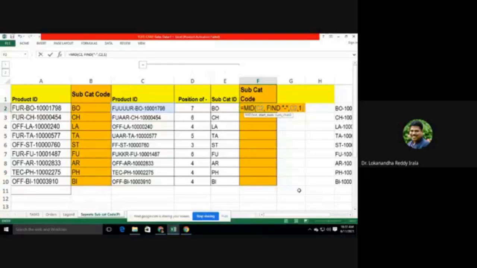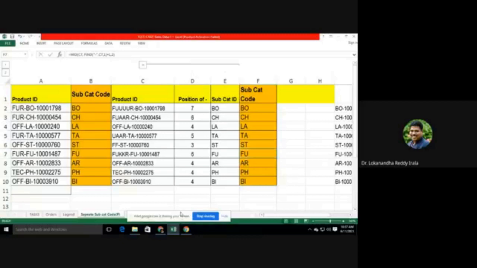Then from there you go two characters. Yeah, one mistake. It should be C2. I mean this entire FIND plus 1, because we are finding the position of hyphen here. So for that entire FIND, you should plus 1. That's it.